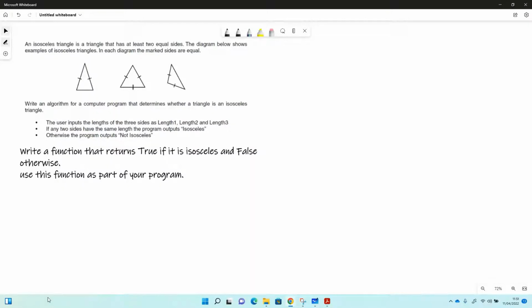So here's another write a program or write an algorithm question that will be the sort of thing in paper one. So this is a triangle identifier, basically identifying what's an isosceles, or which triangles have at least two sides that are the same. So if we input 3 lengths, then we need to check those lengths to see which ones are the same. Now, I've added a bit to this one to make it so we're using a function